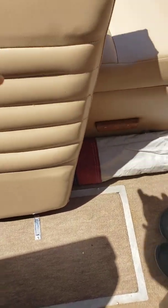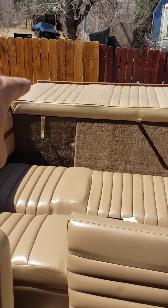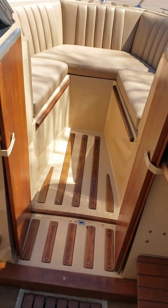Remember I said there's a space back in the engine? This stores back in the engine compartment. Actually, you'd flip it over, but it fits back in the engine compartment behind the life jackets. Okay, but I prefer it up here. I'm gonna put this down and put it back. So it just